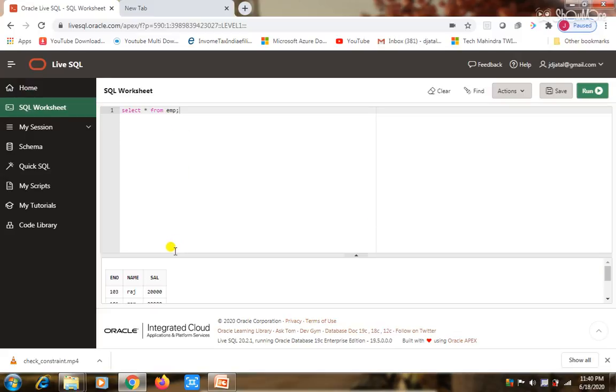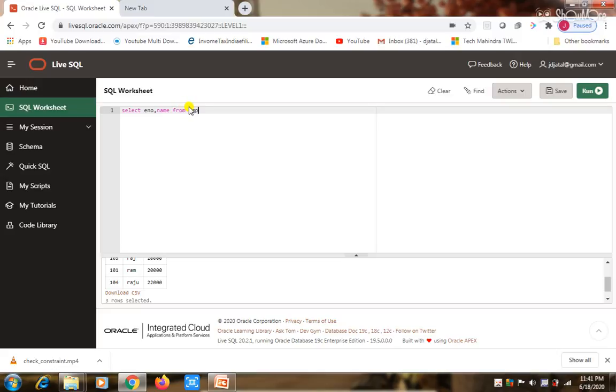Now I want to display the records of employees under specific columns. Suppose I want to display only the employee number and name of those employees whose salary is more than 20,000. For that the query is like this: select employee number and name, not salary, so I am skipping the salary column, from EMP.